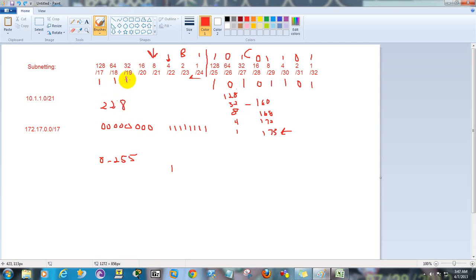You've got 224. Well, you go 0, 0, because 16 would be too many. 8 would be too many. 4 fits the bill. What about 2 and 1? Well, that would put us over. So 0, 0. You just keep going down the line until you fill in all the spaces, not to exceed 255 per octet. If you do exceed 255 per octet,